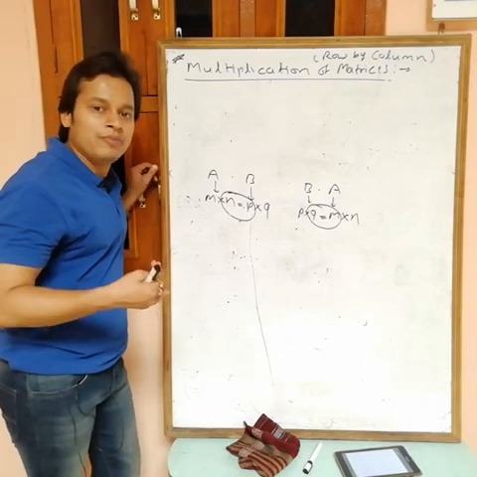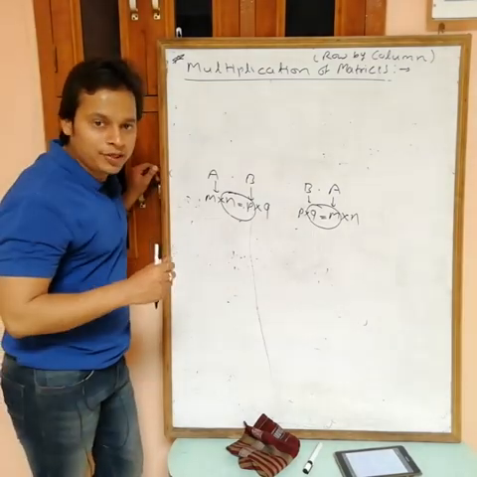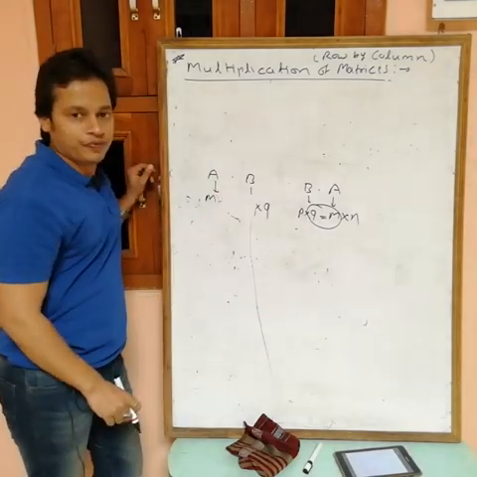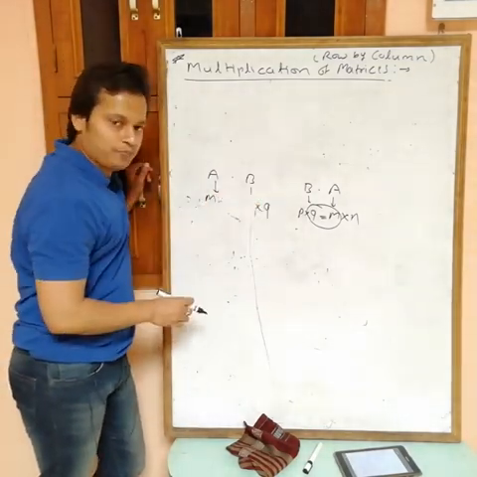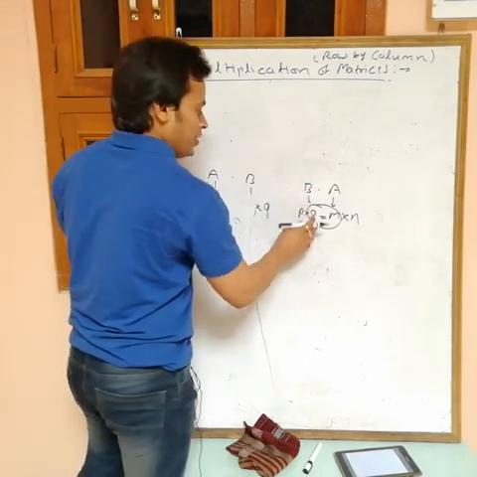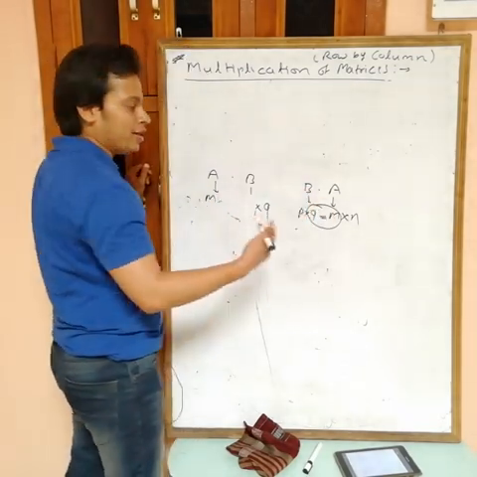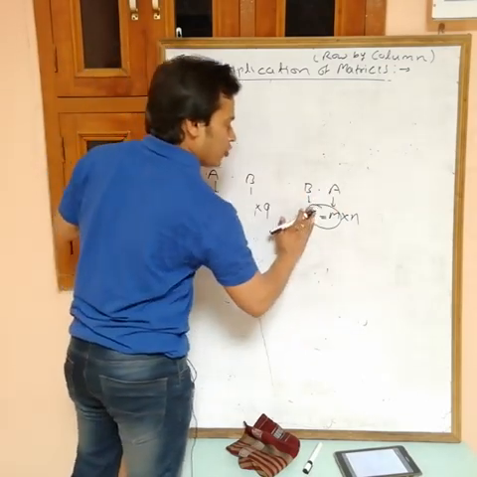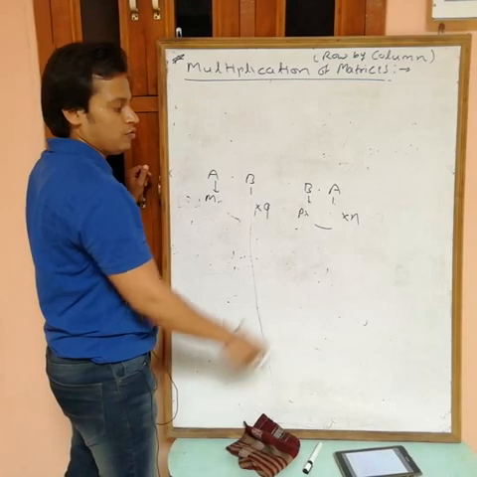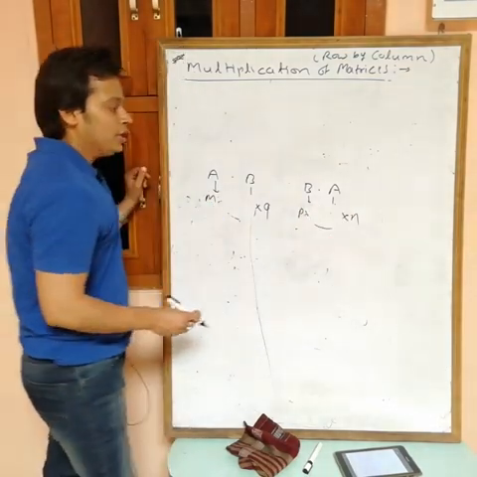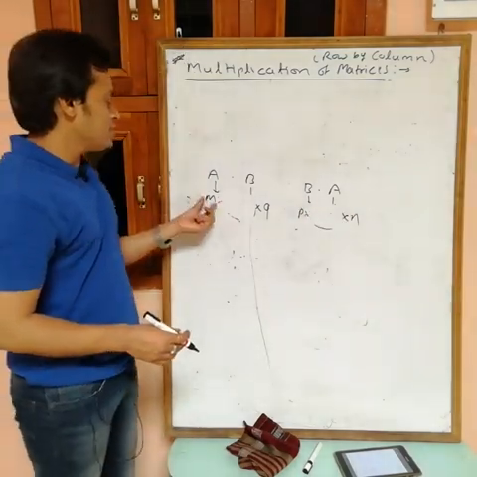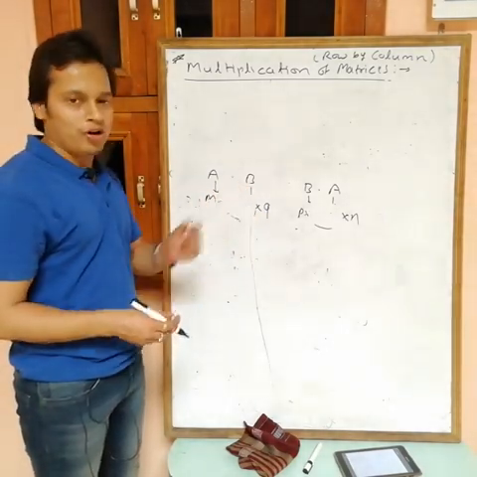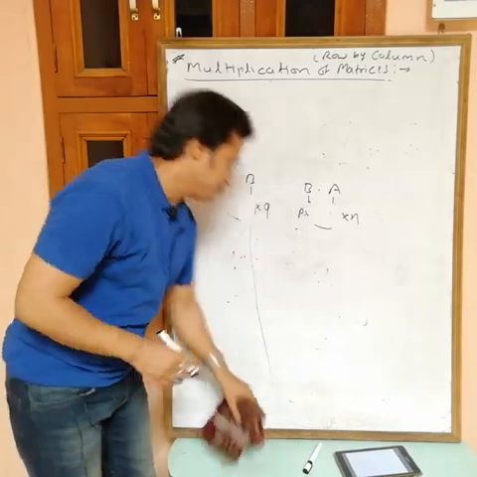If you are getting a matrix, then you want the order of that matrix. Actually, the order of that matrix is M into Q. If this product is defined, then B into A is again a matrix. This is the product matrix now, and the order of this matrix is P into N. How can we write this? That is simple. M is the number of rows of the first matrix and Q is the number of columns of the last matrix.